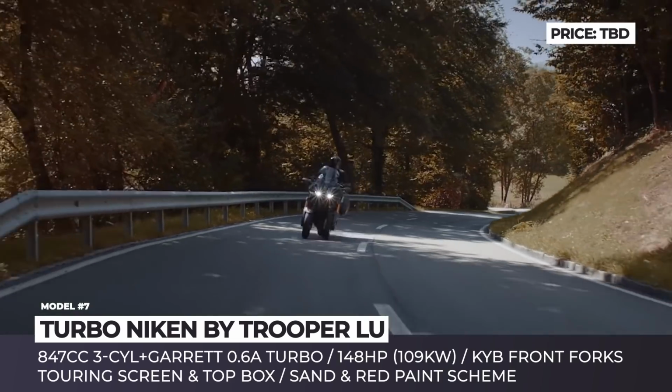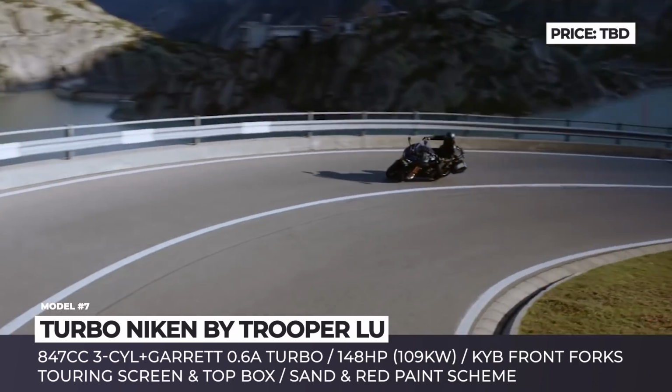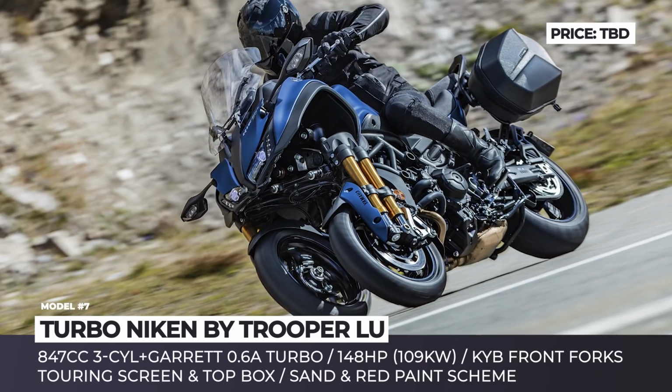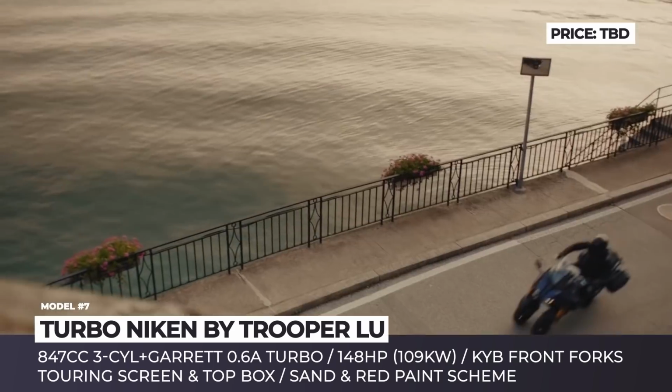But if it's not enough and you crave for more boost, the Australian Yamaha dealer and custom builder Trooper Lou's Garage has created the world's first and only Turbo Niken. Thanks to the installation of the Garrett turbocharger, the bike gets additional 33 horses and sends all 148 of them